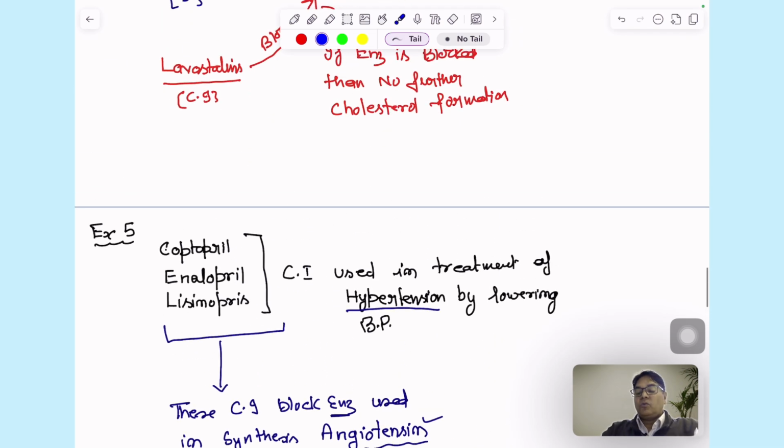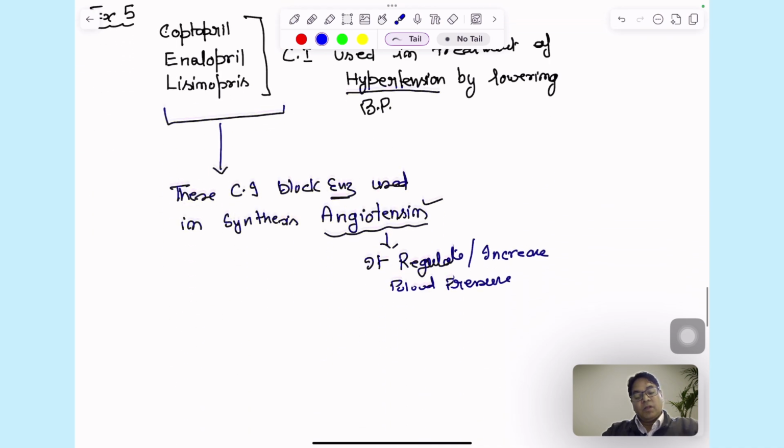Now this is all about competitive inhibition. Now the next is